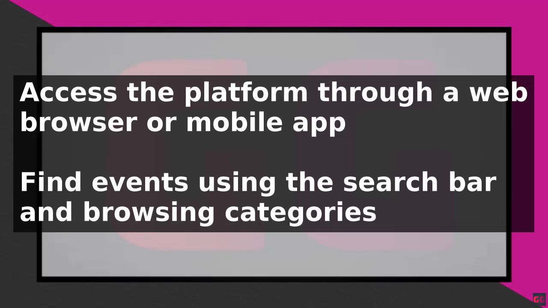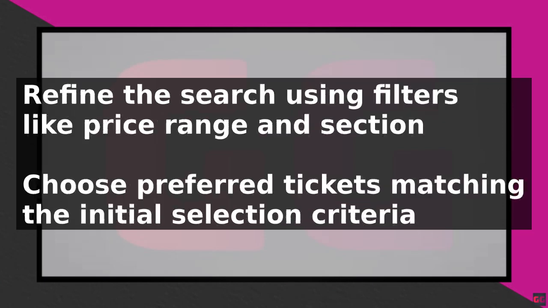To purchase tickets, start by accessing the platform, which can be done through a web browser by typing in the website's URL or by downloading the app from the App Store. Once on the website, use the search bar to find events of interest, browsing through categories such as concerts, NFL,